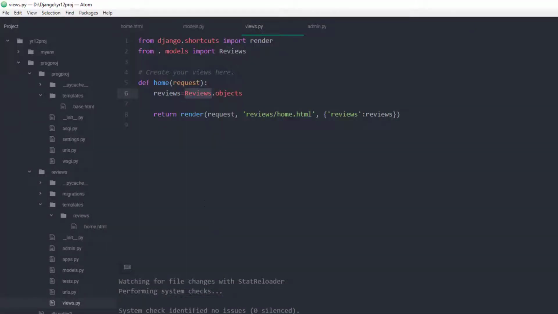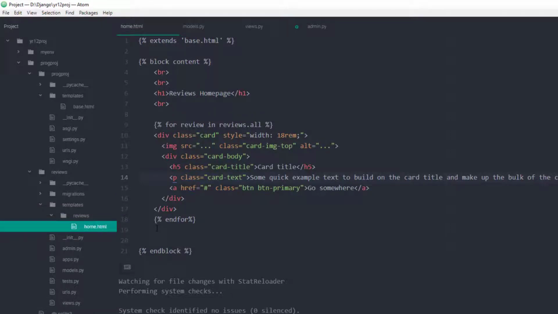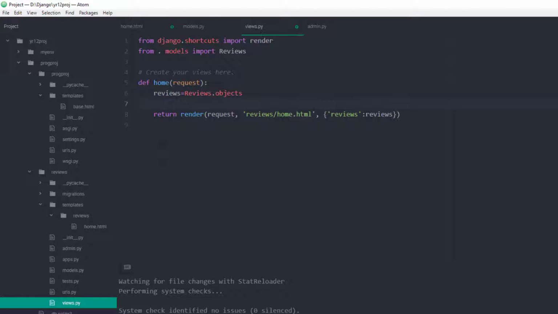So let's have a look at this. What I want to say is, let's go to our home page. So what we're saying is the card title, I'm going to take that out. Let's take card title out, because what I want is a film title. But to do that, I'm going to have to go back to views, and I'm going to have to create that. So I'm going to have to say title equals